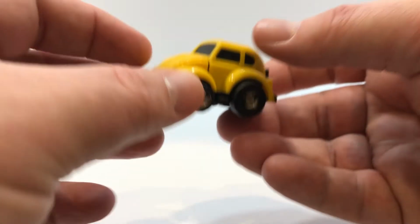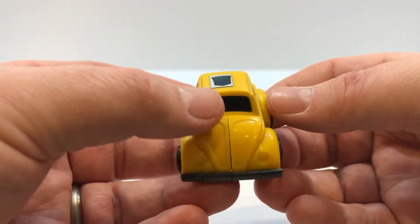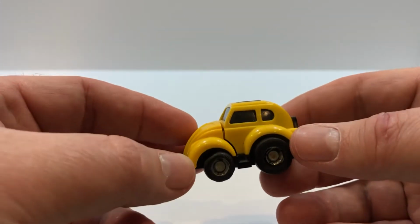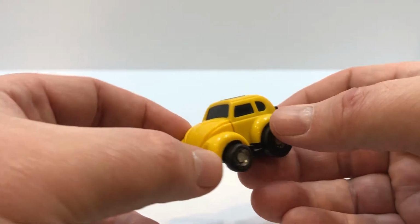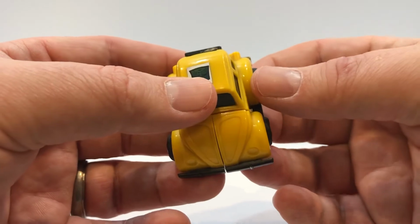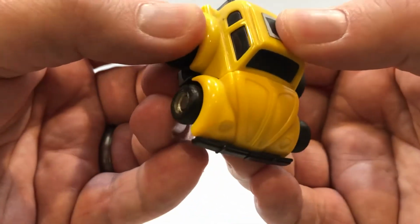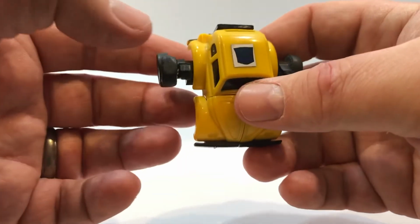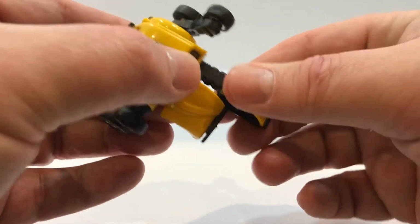All right, now let's go on to transformation. This will not be an involved transformation, guys. This is one of the simplest transformations for the Transformers out there, but that was one of the endearing qualities for him. So, to transform him into a robot, simply hold on to the tires, pull those out on either side, and there you have his arms. Pretty straightforward. For the legs, pull the legs out